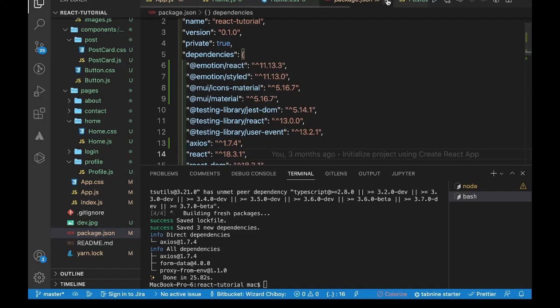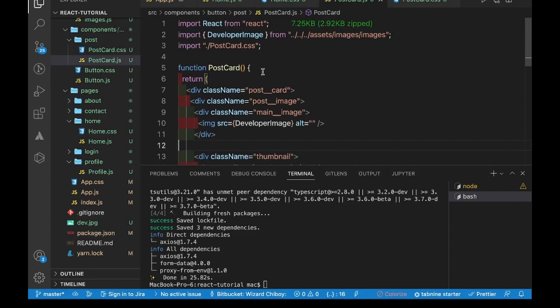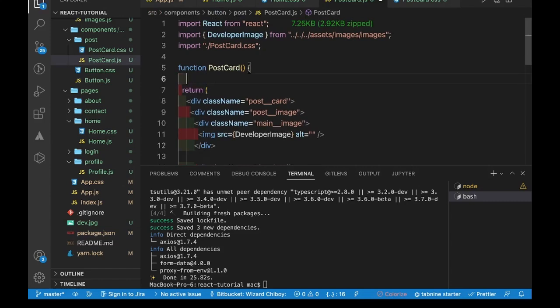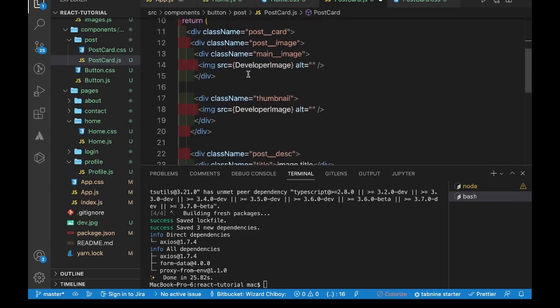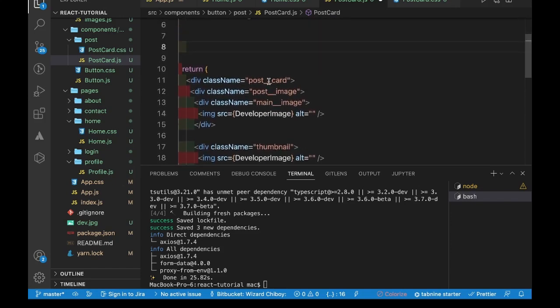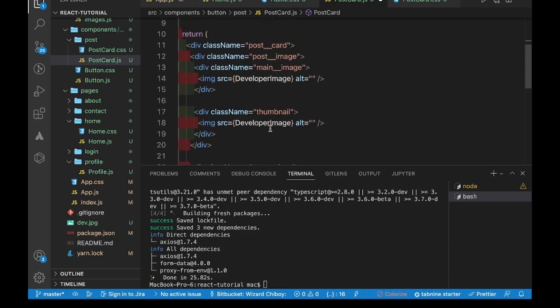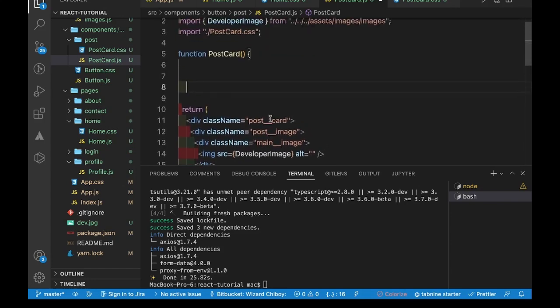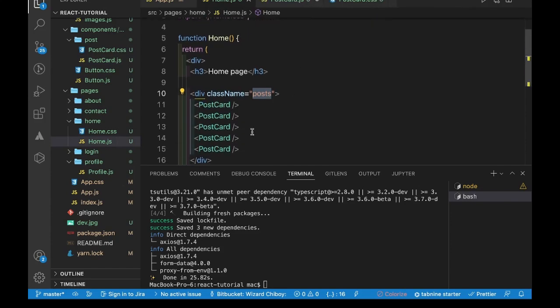So I'll just come here under my postcard. Remember, the essence is so that I don't use a static image in our work. So how am I gonna do that? Let's say you are coming to your home. Let's first of all take out this for now. I don't need to have this several times. What I'm gonna do right now is to